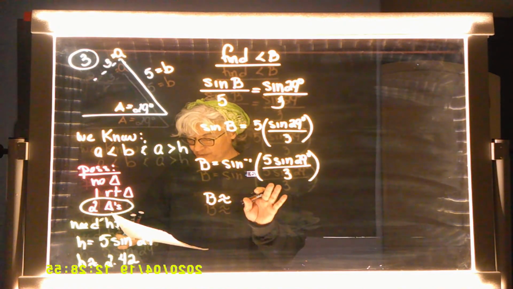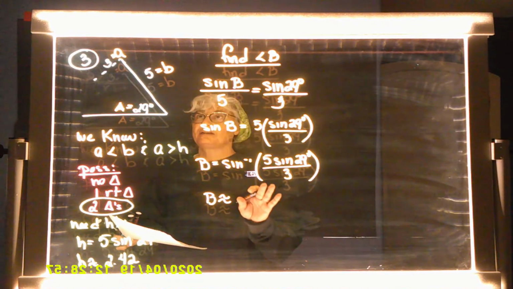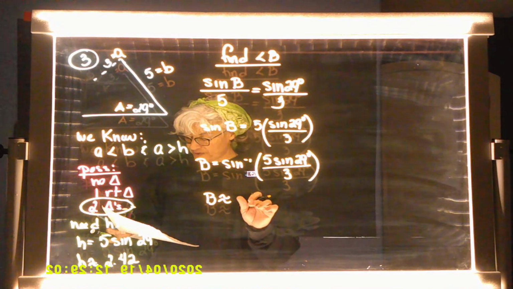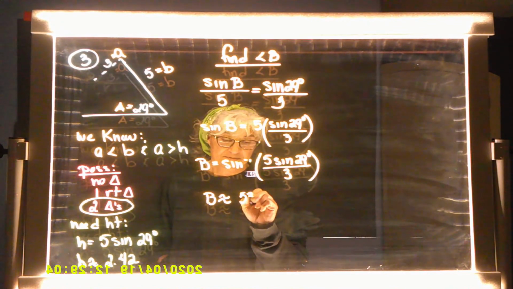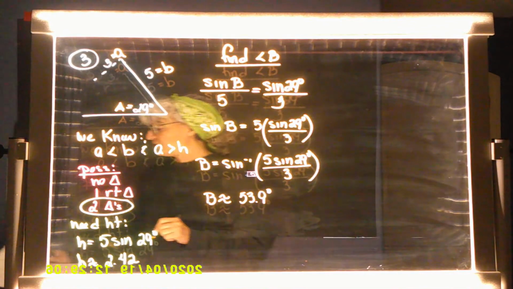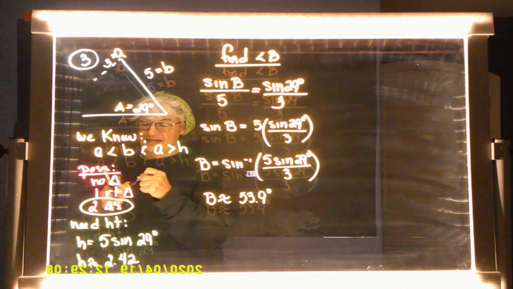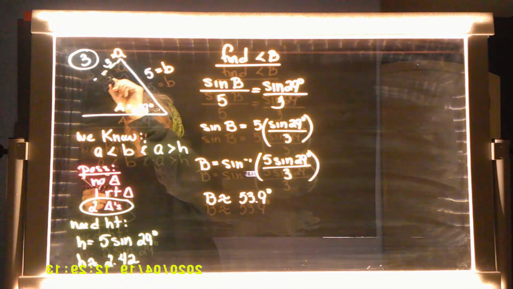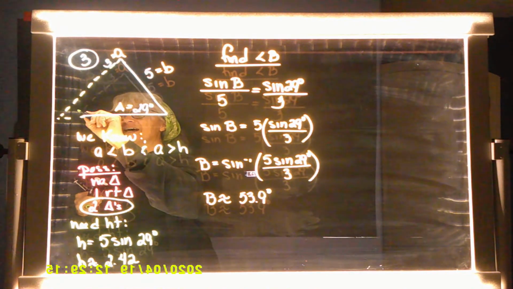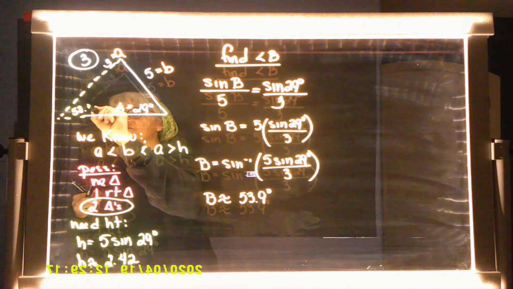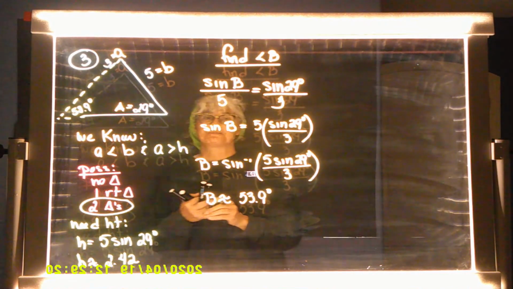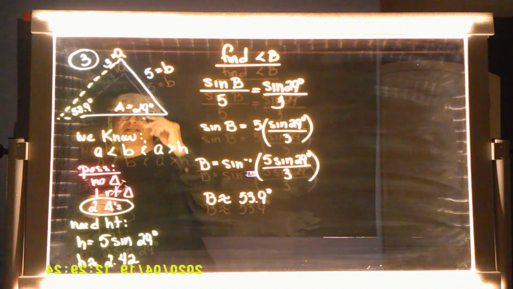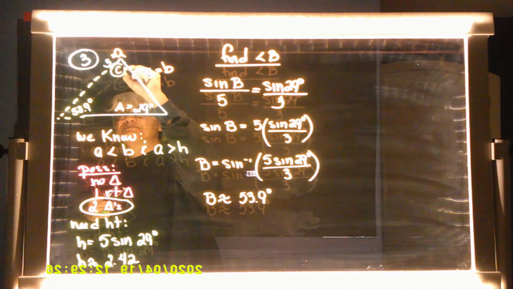I am ending up with angle B being 53.9 degrees, which tells me that the side of this triangle swung out because now this is an acute angle of 53.9 degrees. You with me? Okay, so can I find angle C? I sure can,